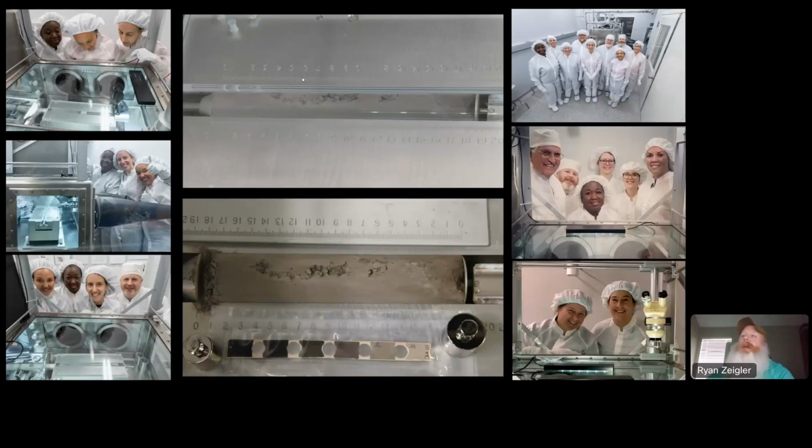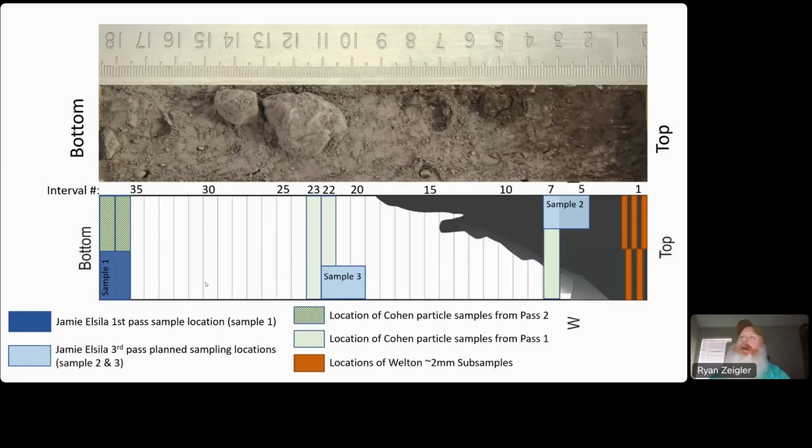But again, it all worked out well, and they were able to successfully extrude both cores. You can see 73001, two different views of 73002, and the team of folks who did it. And then you can see that they started the processing here. This was a time-sensitive analysis because they wanted to look at the organics. And so we got that sample off to Jamie Elsila as quick as we could once it was extruded. And then after that, we started the more systematic process of dissecting the core, which is, every 0.5 millimeter of interval, you use a small spatula and you start to outline it.